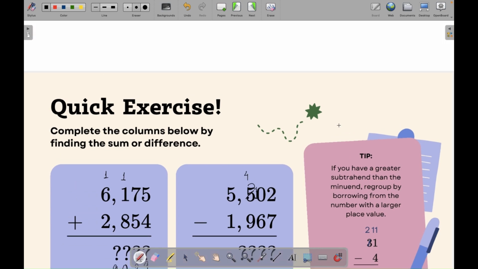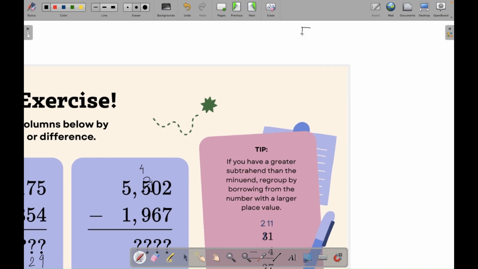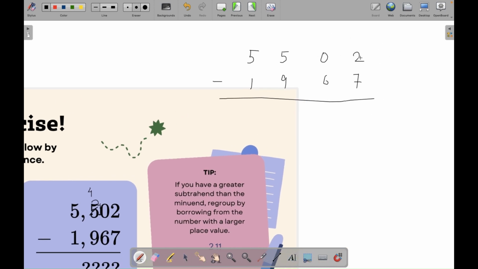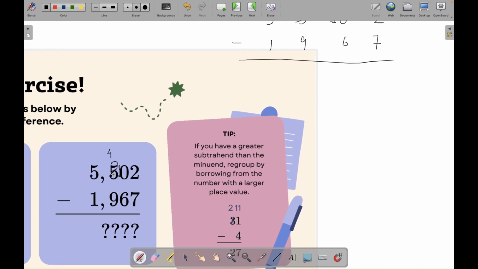Right? Let me just write this question here so it is more clear. So we have 5, 0, 0, 2, subtracted by 1, 9, 6, 7. Now if I subtract these two numbers, the first thing we notice is that this is smaller. So it will borrow from this, but it has nothing to give. So it will borrow 1 from 5. So it borrows 1 from 5, it becomes 10. Right? And then this becomes 4. So there's a difference between these two terms. What is happening here is,